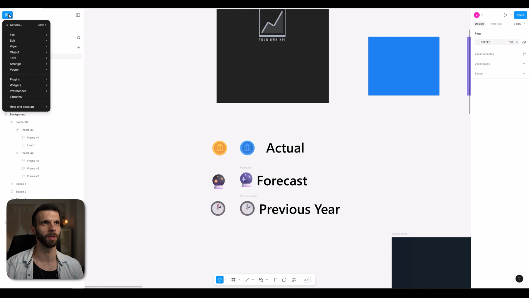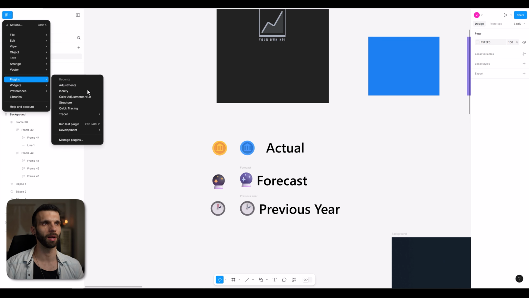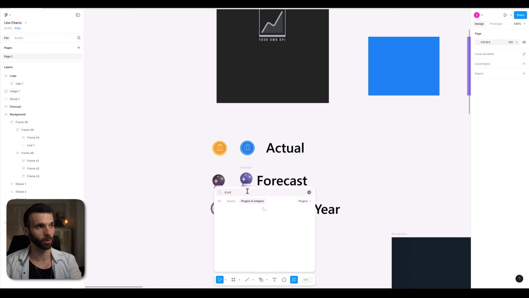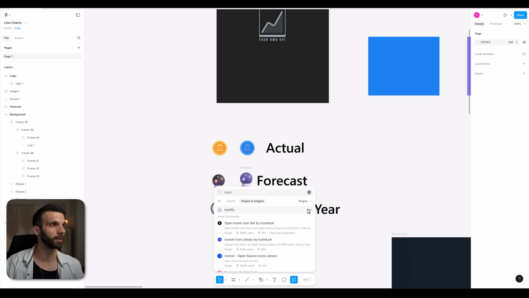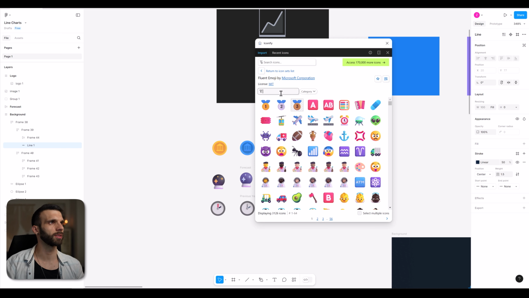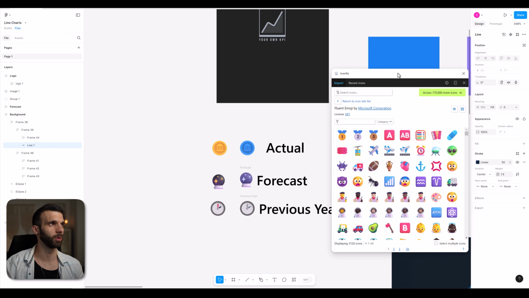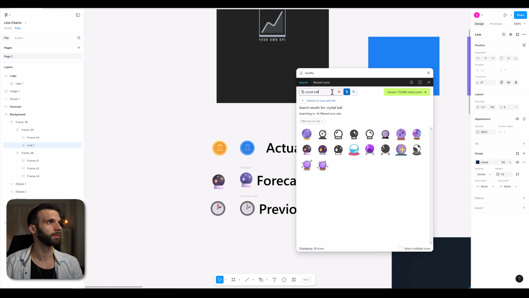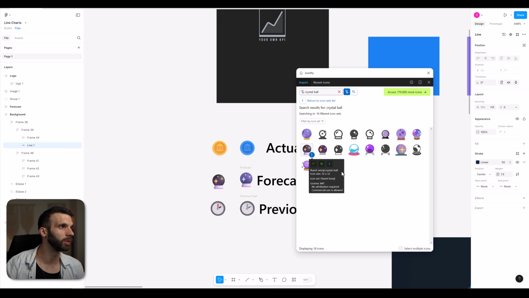If you click here on the Figma icon, then go to plugins and manage plugins. Then you can just search for Iconify and click on run. And how it works, you can just look for some icons. For example, crystal ball was my prompt. And then I looked at which one I like. So I just dragged it on the screen or the canvas. And then I looked into